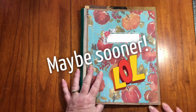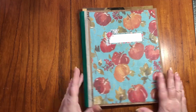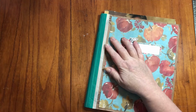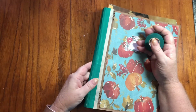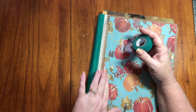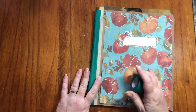And by the end of October, I might be really irritated with it. I don't know, but we'll see. I obviously had some issues. I didn't tape this the rest of the way. I have this tape, so it wasn't because I ran out of tape. I think I had a piece of decorative washi tape. I want to say it was even like a sparkly glitter. Yes, I don't normally do glitter, but